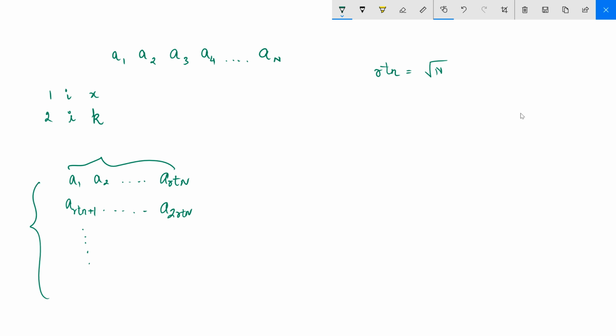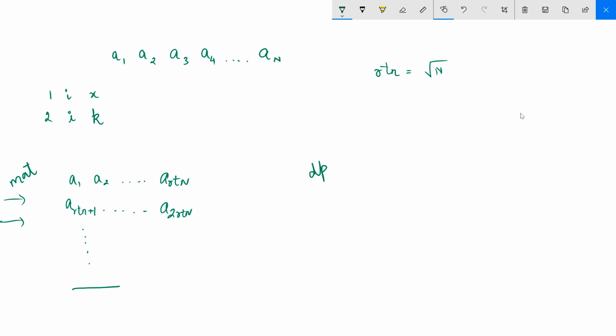So it's kind of a 2D matrix. And the last row might or might not be full depending on the value n modulo root n. But that doesn't matter. The point is now we are having a matrix. Let's call this matrix mat. And similarly, let's have another matrix dp. Again, it would be of root n cross root n size. The point over here is, I have divided my array into root n buckets, which are rows. So each row is a bucket, and each bucket has root n numbers in it.